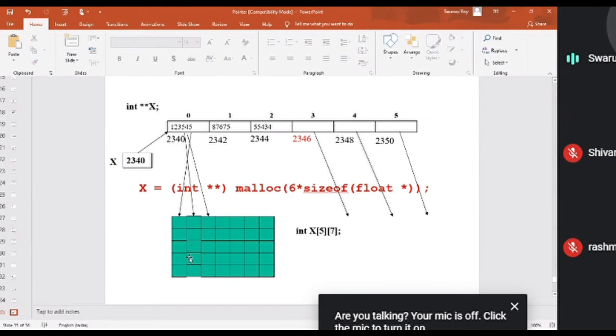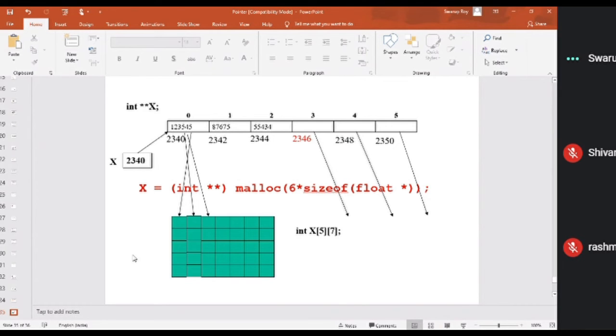If I see in terms of arrays, how many row arrays are there? ऐसा करके देखो, ठीक है? This is one array.